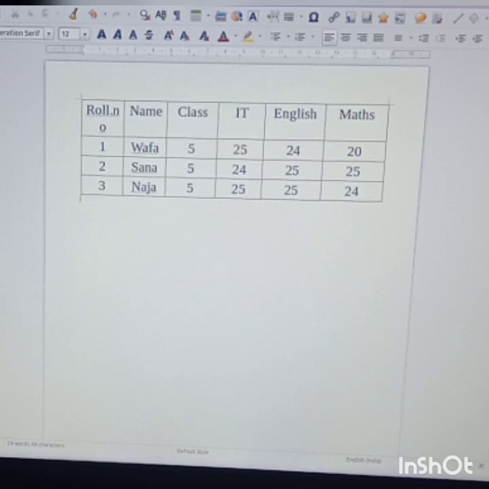Okay. Thank you. I hope you all understood how to do all these things. What are the things that you learned, children? You know how to insert a table, and you know how to modify a table. You know how to insert columns and rows, how to delete columns and rows, and also how to delete the entire table, and also how to do the alignment, how to increase the width and height of each column and row. Then what else, children? Merging and splitting and alignment, etc.